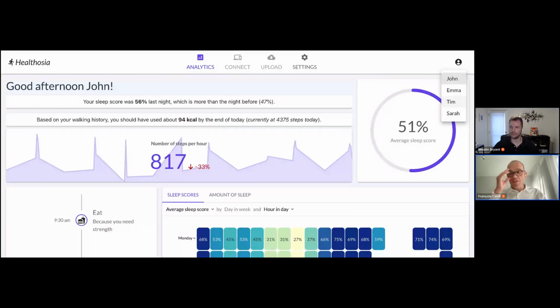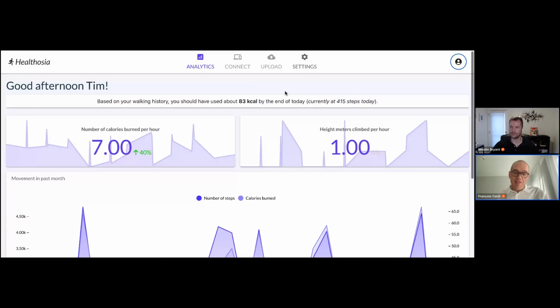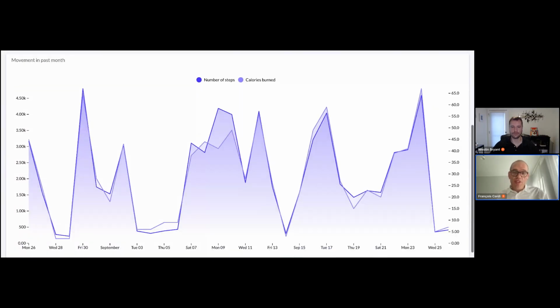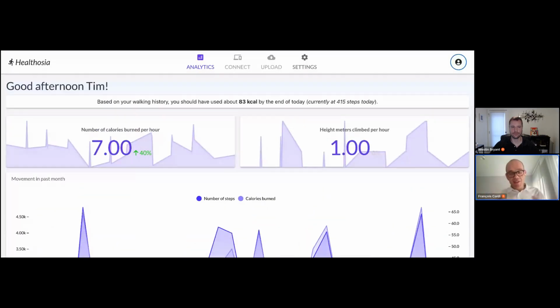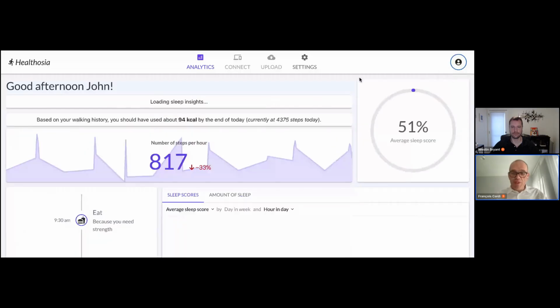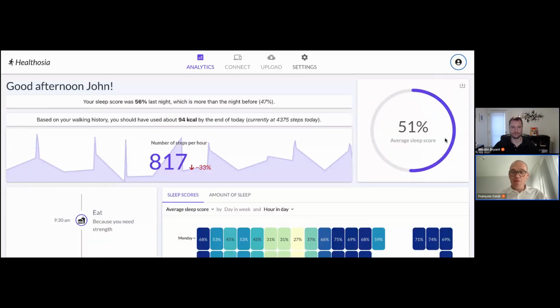Let's say that, for instance, here we are having the John report, the John data. If we are switching to Tim, who doesn't have sleep data, we are joining a different application. So we are not, again, in a dashboard. We are really in a data product here. And if I come back to John to have more visualizations, what you can see also with Flex is that Flex is fully